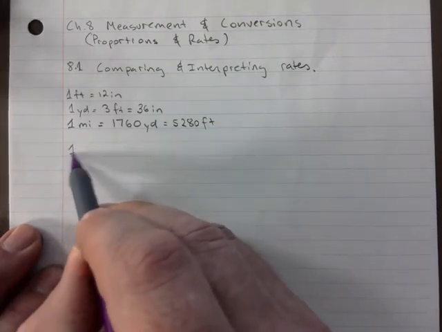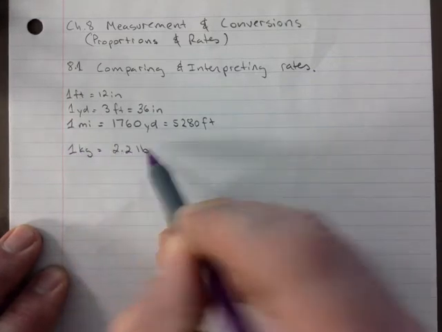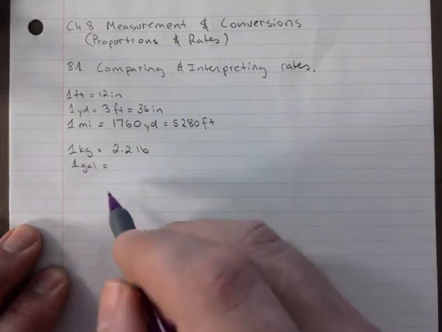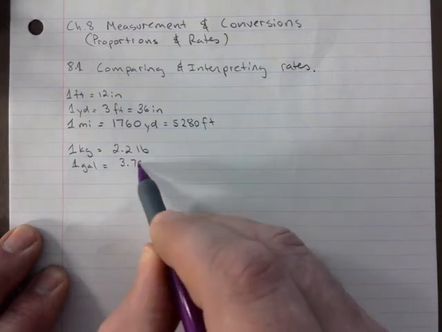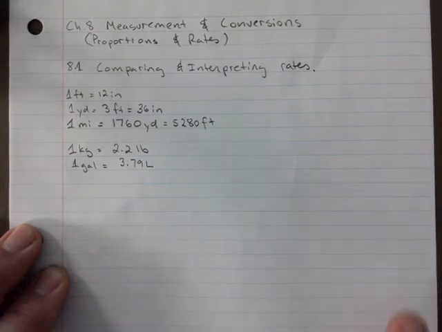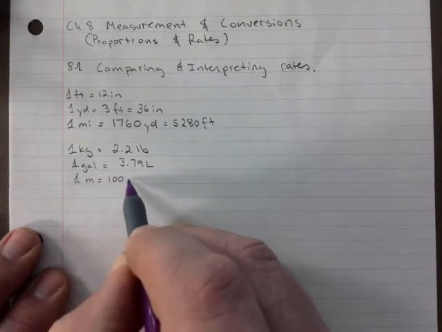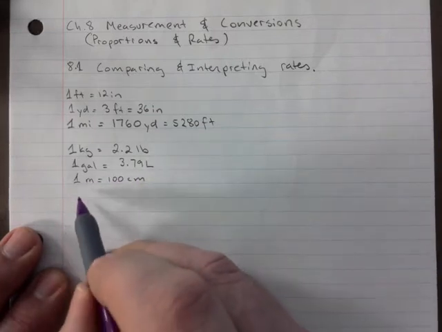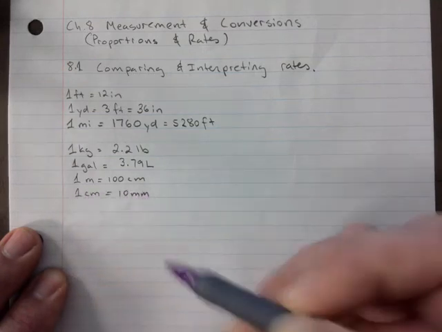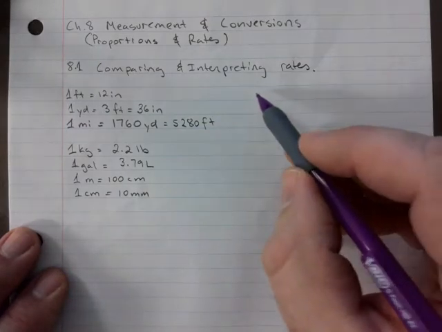When it comes to mass, I think the important one is to know that 1 kilogram has 2.2 pounds. 1 gallon has 3.79 liters. 1 meter has 100 centimeters, and 1 centimeter has 10 millimeters. Continuing on the right side here,